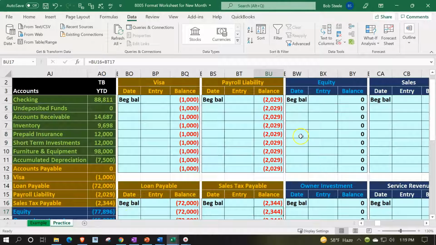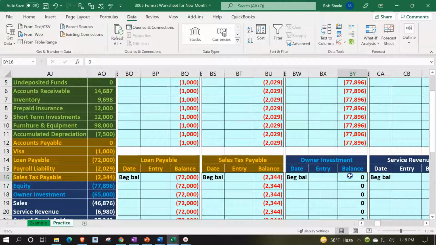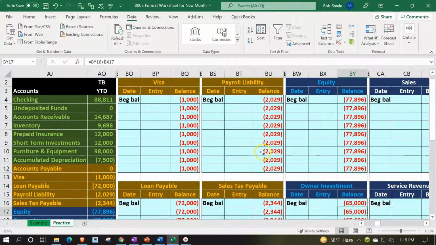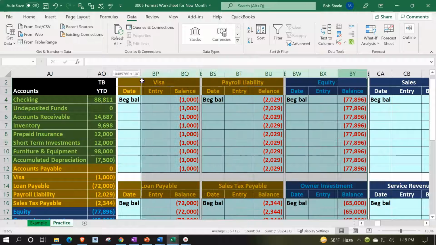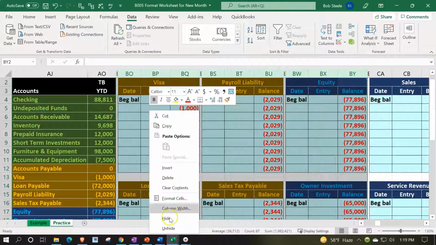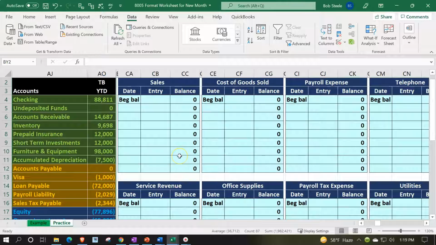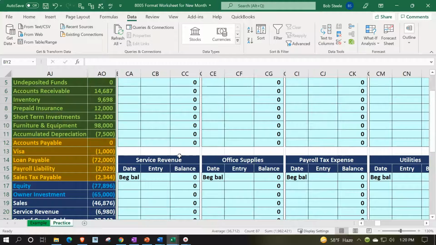Equity is going to be 477,896. Owner's investment, which is going to be negative 65000. Sales, let's do some hiding first. Let's go from BY to the skinny. BY to the skinny, because we're hiding you for now. We'll see you later. And so this is going to be the